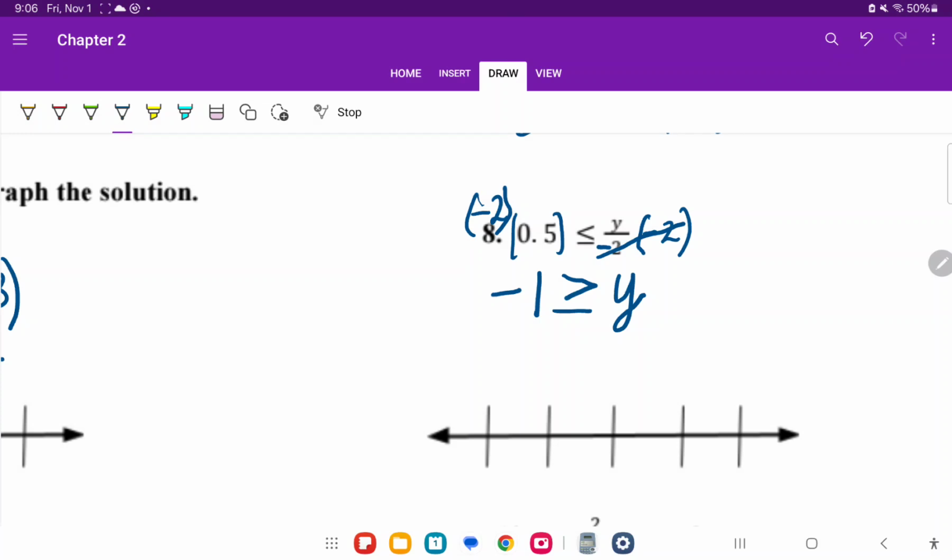But now y is on the wrong side, so you have to flip it again. Like that. That's why I want to do that. Because there are some times when you're going to have to flip it twice. So we flipped it first because of multiplying by a negative. Then we flipped it again because of the